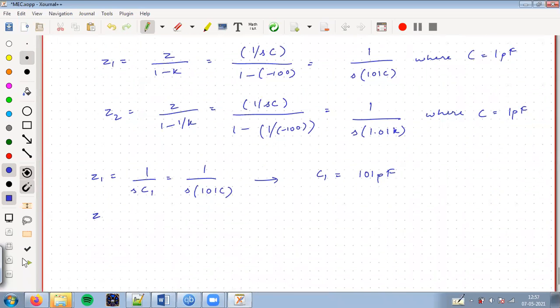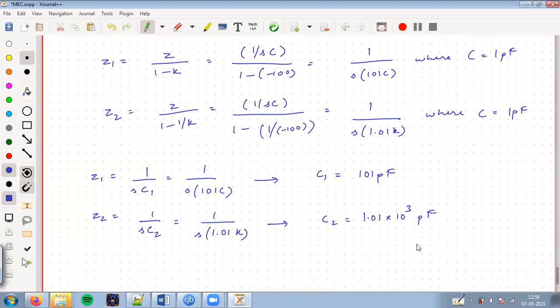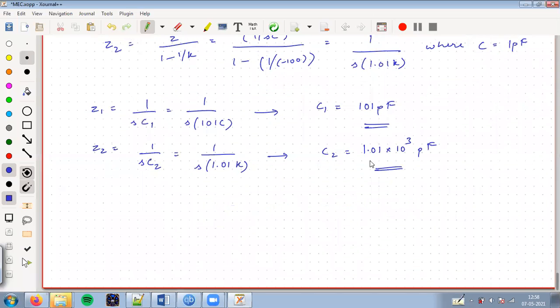And similarly, Z2, I can write it as 1 by SC2, which is 1 by SC into 1.01K. Okay, this I can write as C2 is 1.01 into 10 power 3 picofarads. So these are the actual C1 and C2 values. Now, if I look at the gain part,